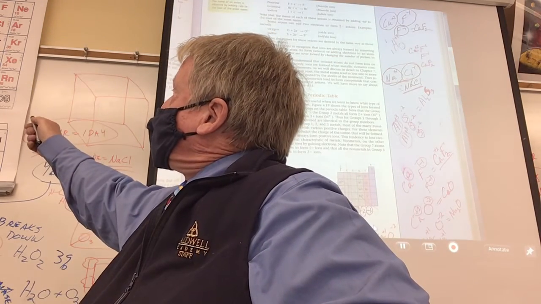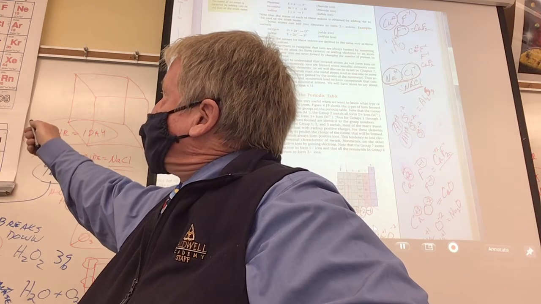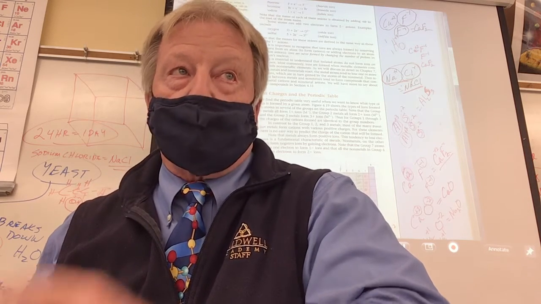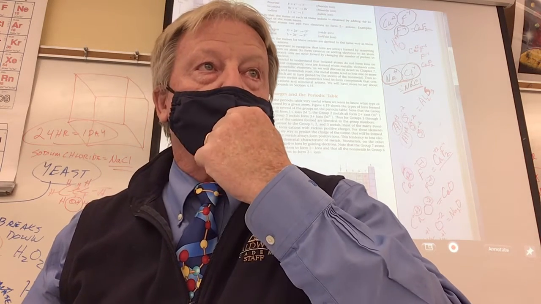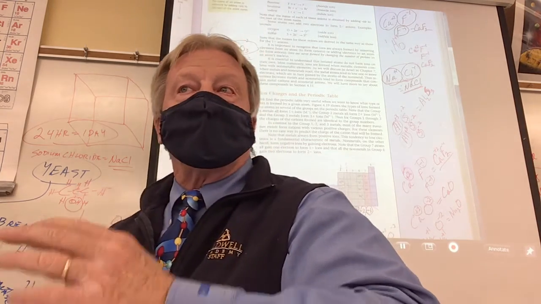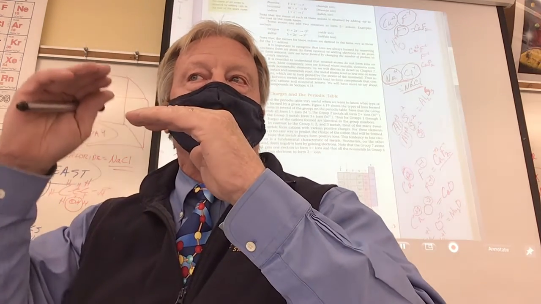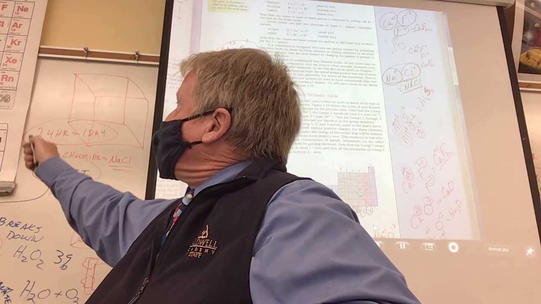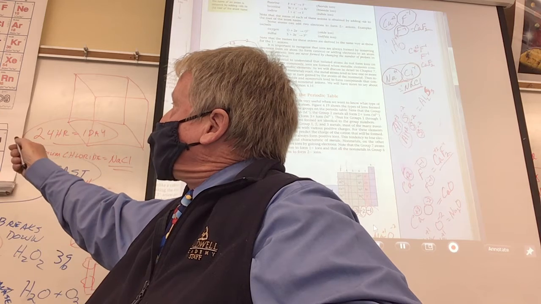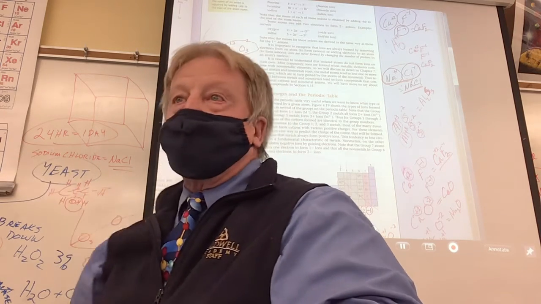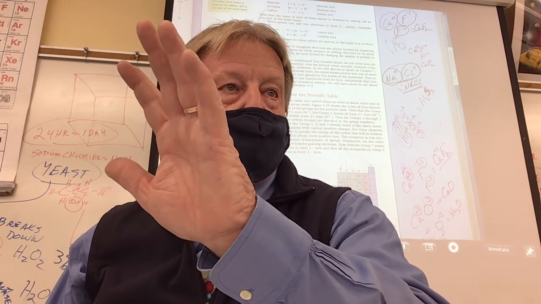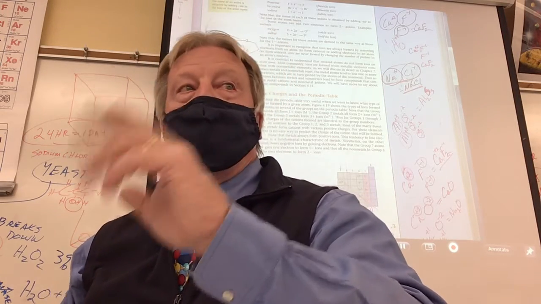How many electrons are in this group's outermost energy level? 6. How far away from 8 is that? 2. What do you think they're going to do? They're going to try to steal 2 from a metal, aren't they? And if they do, if they were neutral and they get 2 more negative electrons, what's going to happen to them? So these are -1. These are what? -2. I bet you can guess this one. -3. Can you stop for a second now? Do you understand that? Okay, now we're going to go way over here.